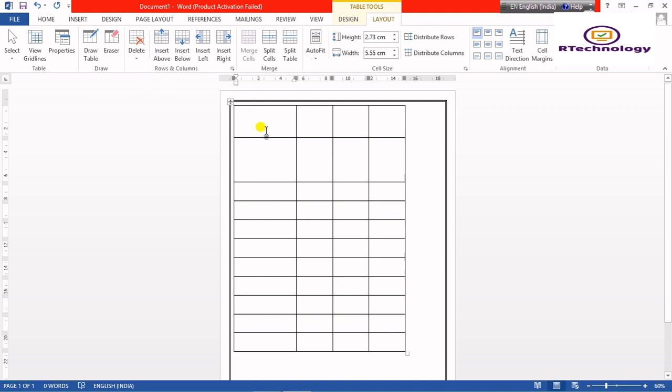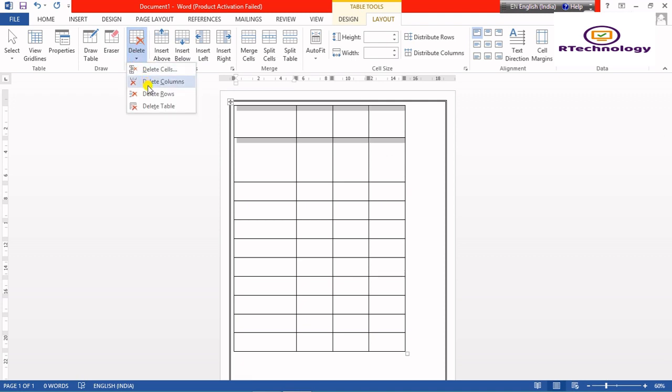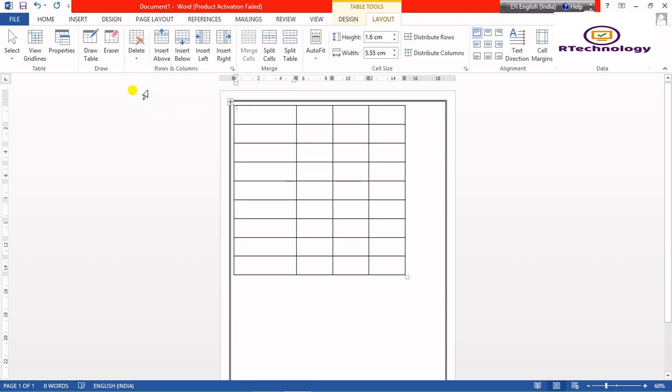Now if I want to delete these first two rows, how to delete? Simply select, go to delete and delete row. See, my rows are deleted. Now if I want to delete a particular cell, suppose this cell, meaning where the row and the column intersect, the meeting point. This is a cell. So if I want to delete this cell, what I need to do? Click on it, go to delete and delete cell.